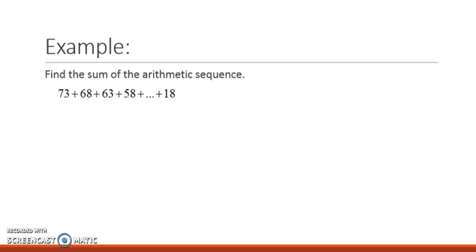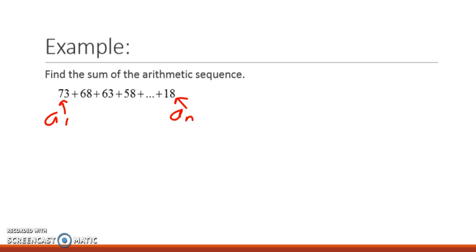In this example, we know what a sub 1 is equal to, and we know what a sub n is equal to, but I don't actually know how many numbers there are here altogether yet. So sometimes you're going to need to use the explicit rule to find the missing piece of information. Sometimes what you'll be missing is what the last term is. Sometimes it's going to be how many numbers you have, and very rarely it might even be finding a sub 1. So using the formulas we used in section 9.3 for an explicit formula for an arithmetic sequence,